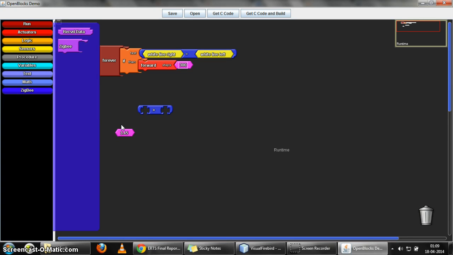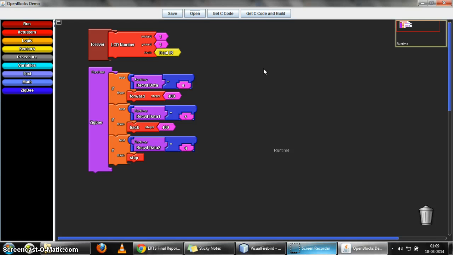So to show how the ZigBee blocks are to be used, we'll open a program which we have written previously and explain it. So this is the program which uses the ZigBee communication module. I'll explain what it is doing. Inside the forever block, we are just displaying the value of the front IR sensor on the LCD screen, and the ZigBee interrupt